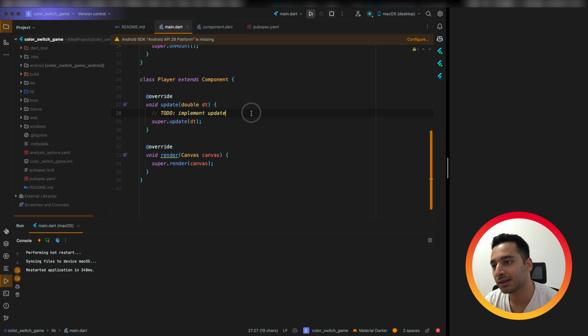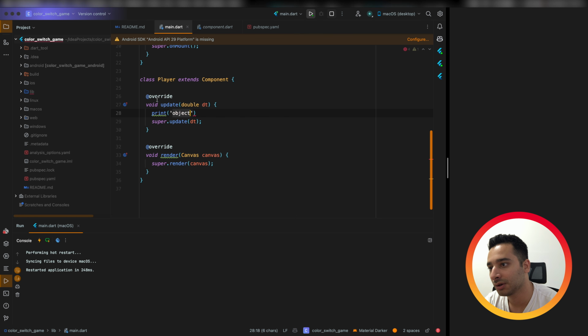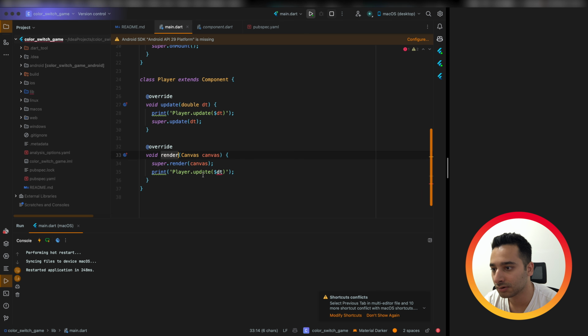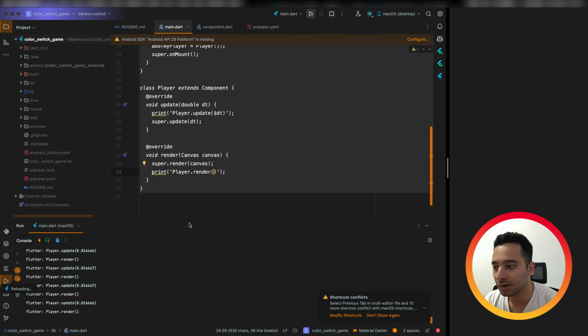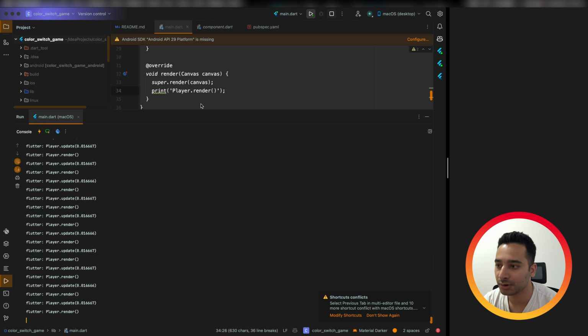So before that, let me put a print here to see how much these functions are getting called. This one and also this one. So if I hot reload, as you see, there are a lot of update and render method calls.